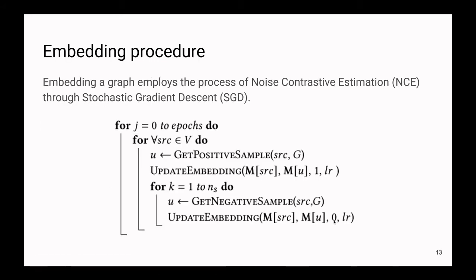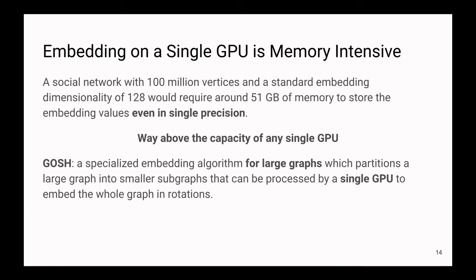The embedding procedure of Gosh employs the process of noise contrastive estimation through stochastic gradient descent. For all the epochs, and given an epoch, for all the vertices in the graph, we do a positive update, and then NS negative updates. In order to do this, one needs to store the embedding and the graph in the GPU memory. But this is a memory-intensive process. A social network with 100 million vertices and a standard embedding dimensionality of 128 would require around 50 gigabytes of memory using single precision. This is way above the capacity of any contemporary GPU. For this problem,